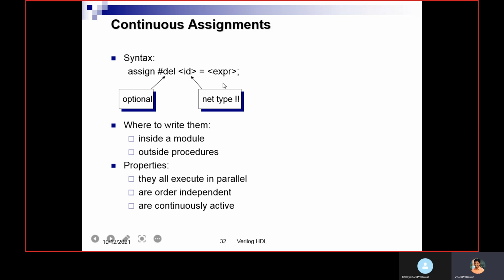Continuous assignment means whenever a change happens, the output will be automatically active. So if you mention more assign statements, everything happens parallelly. Important thing, you should not put this assign inside the procedural block, that's nothing but initial and always.